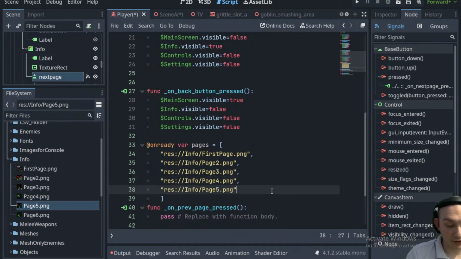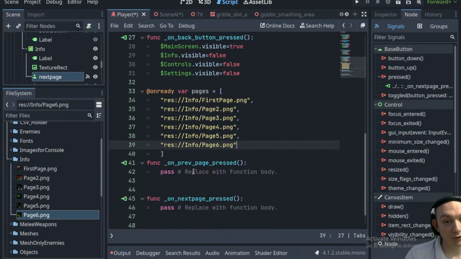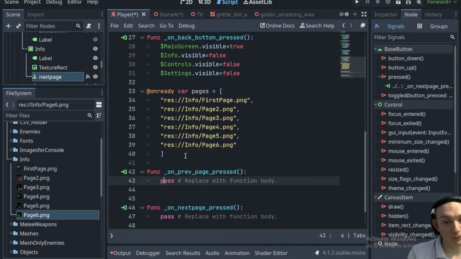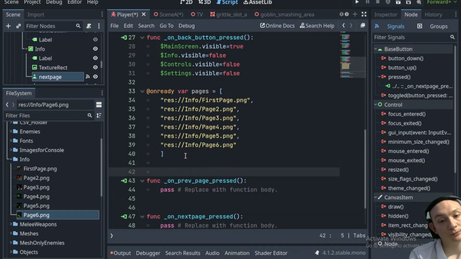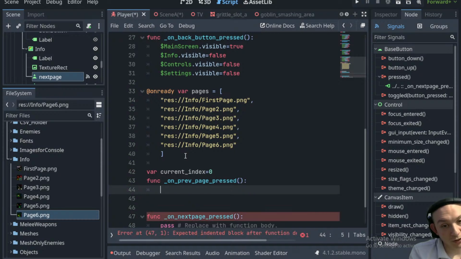I think this is gonna look pretty good, hopefully. All right, so we got all the pages in there, and then cool. So we'll just basically go forward or backwards in the array, right? Yeah. So we'll say var current index equals 0, and we'll say